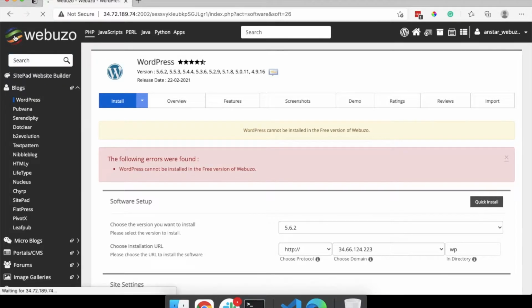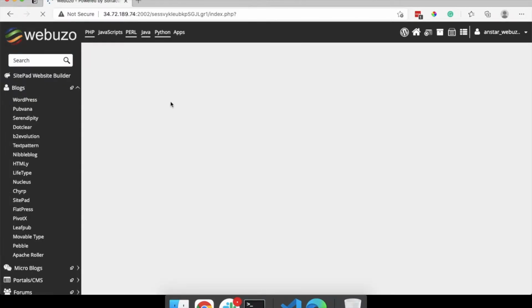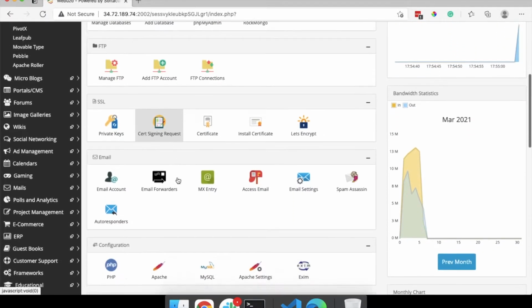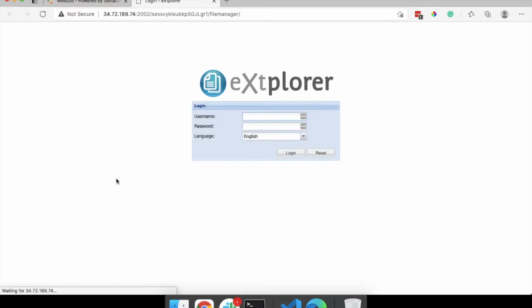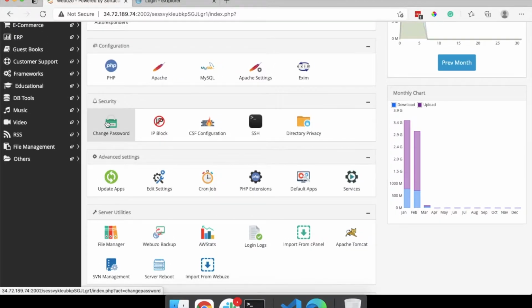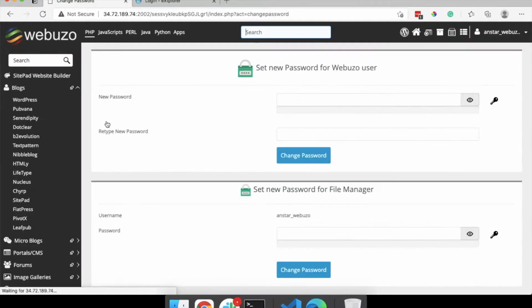Click on this logo and it will open the home page again. Then scroll down and click on File Manager. Then enter the username and the password and click on Login. If you don't know the username and the password, then go to your home page and click on Change Password.